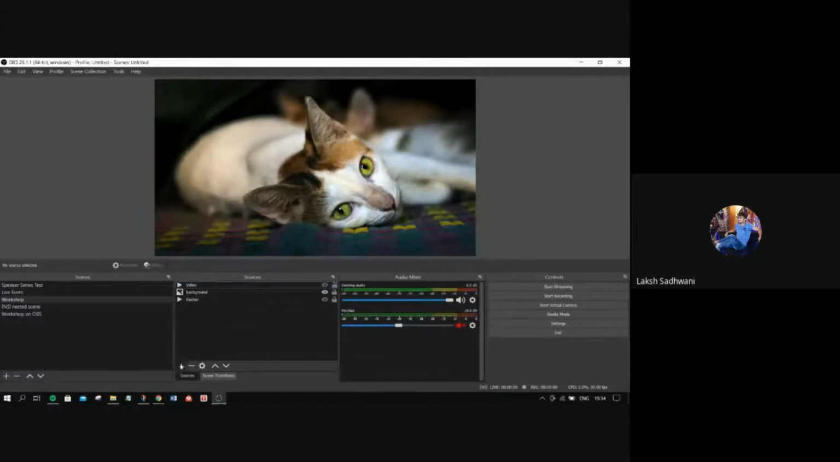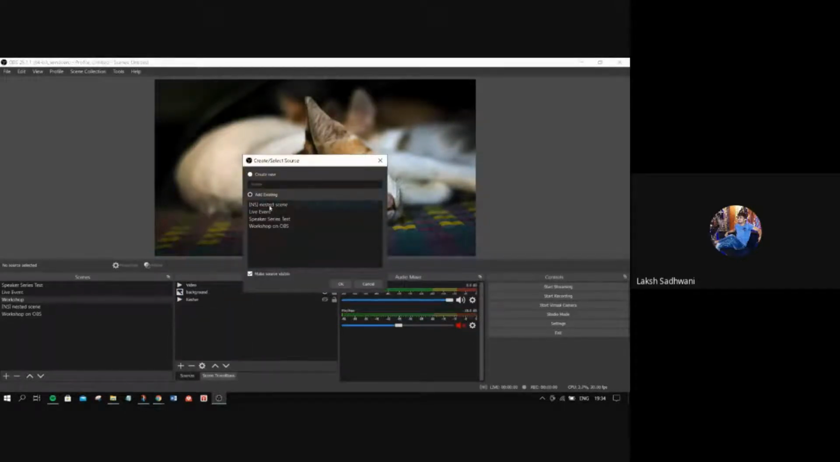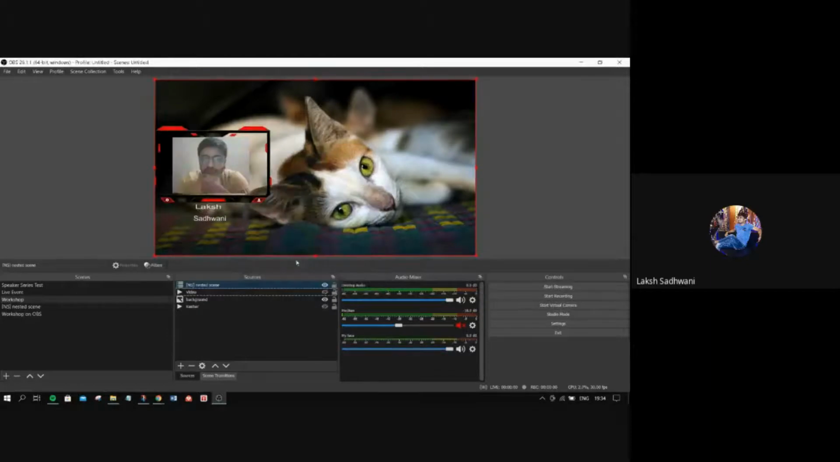Okay, so I'll go to add and I'll go to scene. Then I'll click on nested scene. Then it pops up here. Basically, it extracted all the elements that were